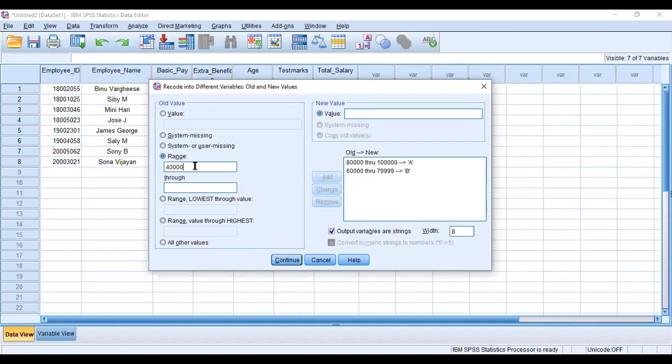Next class is 40,000 to 59,999, the value C. Add it.